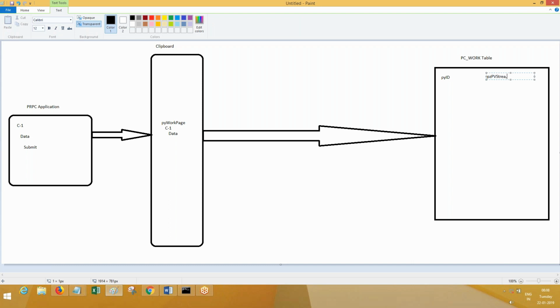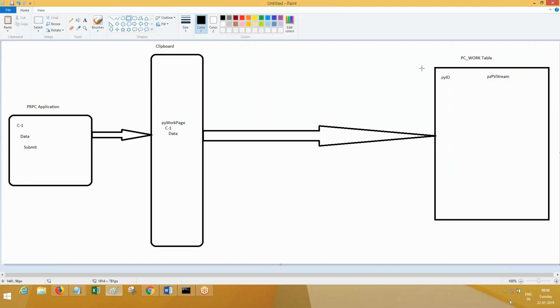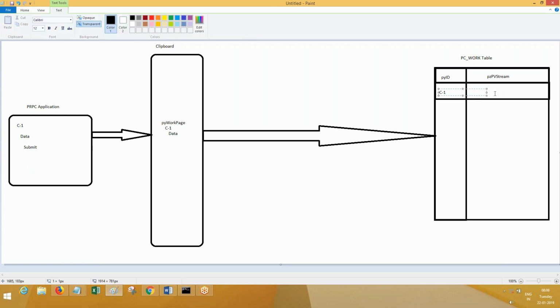I'm going to explain this with respect to our work object table. So now you have C-1 here, and data about this in blob format.